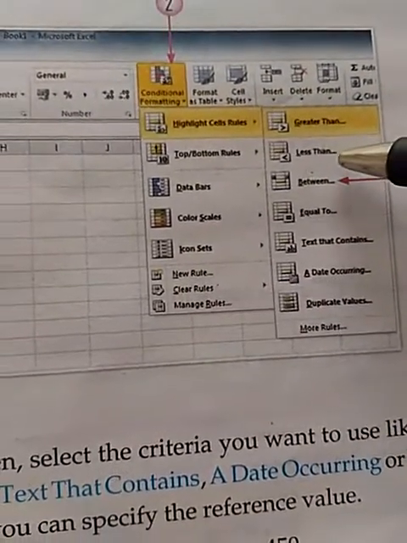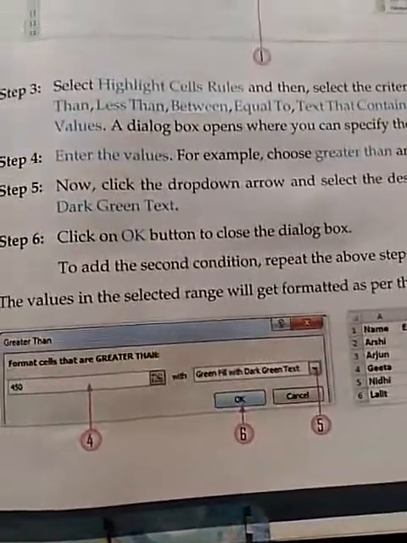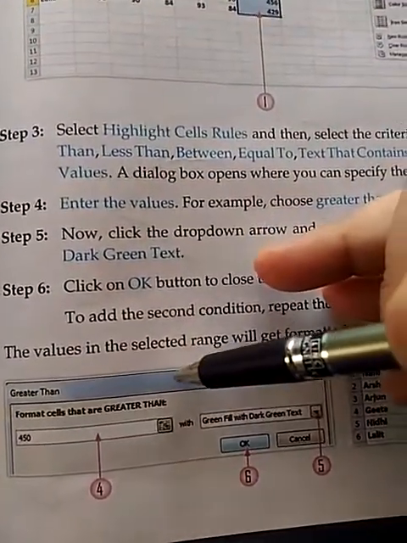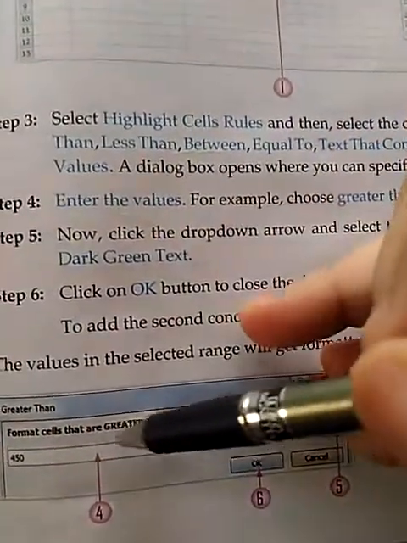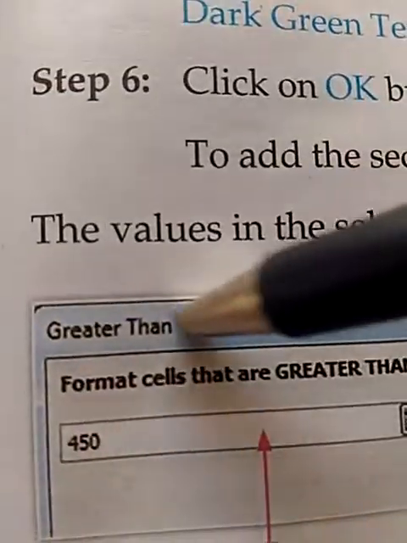As soon as we use this between, a dialog box will appear. A dialog box will appear which will ask you to enter the range. Suppose here we have chosen this value greater than, then greater than.